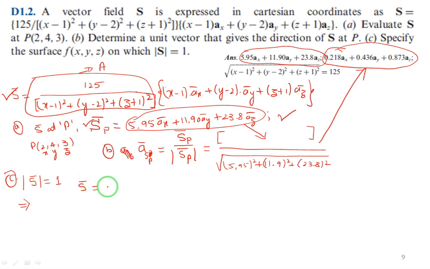Instead of writing this big term, I will write it as A, and I will multiply A with this factor x minus 1 and write it separately. So A into x minus 1